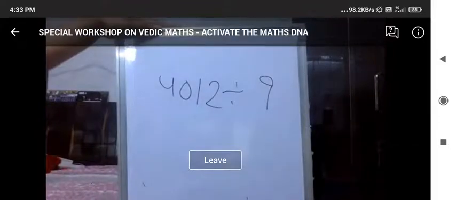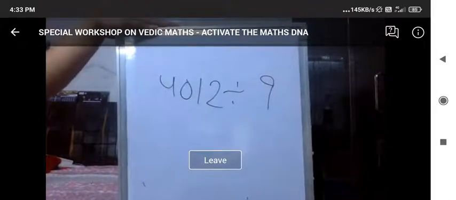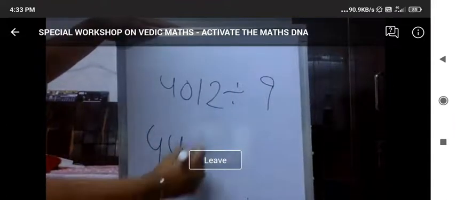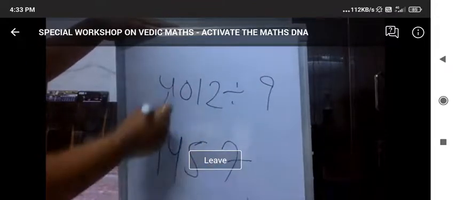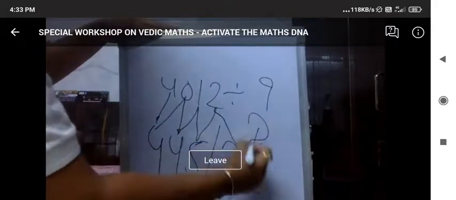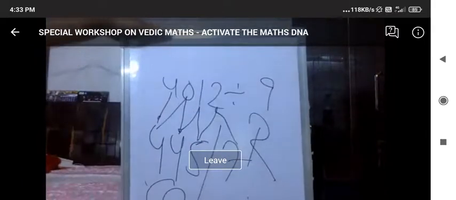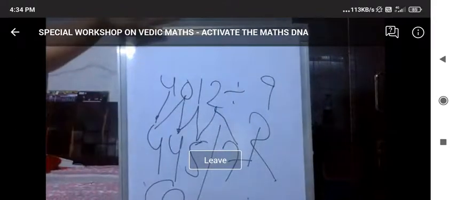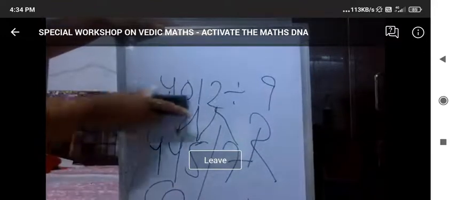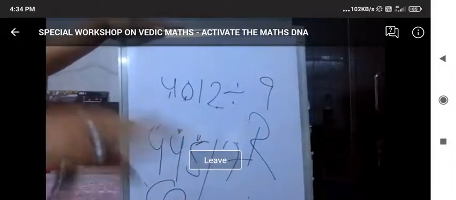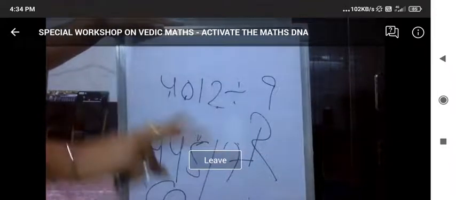Please try this number. Solve it by dividing by 9 and you'll get the answer as 4. Again 4. Then 5. and then 7. 4 as it is. 4 plus 0, 4. 4 plus 1, 5. 5 plus 2, 7. And 7 is your reminder. This is your quotient. Hope it was not too fast. You were able to drop digits and add the same digit to the next digit of your dividend. So your quotient here is 445 and your reminder is 7. Try with random numbers. Don't get confused when double digits come into the picture, because we have to solve it with the help of a subsutra.